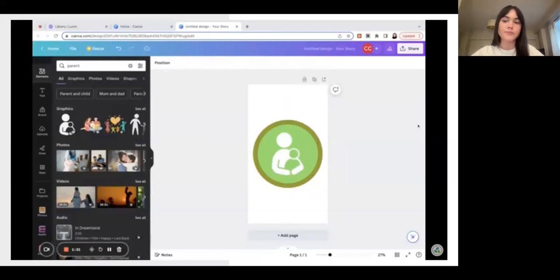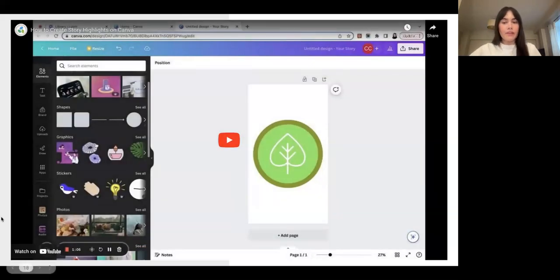I can download this onto my smartphone, and I can easily add that on using my phone. If I go to edit cover, it will fit that circle perfectly. You don't have to alter the picture if you download it on your smartphone. So that's great. I highly recommend doing this on Canva. It's just so quick and easy, and it makes the profile look so much more cohesive and professional, and it takes a couple seconds.